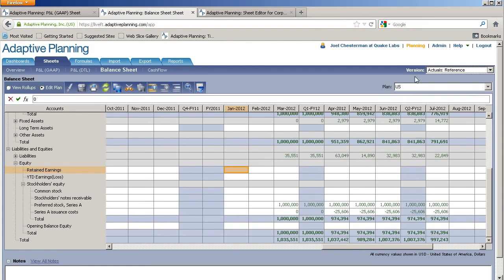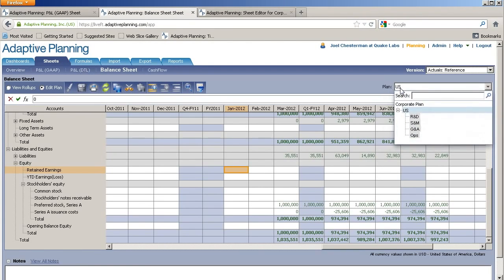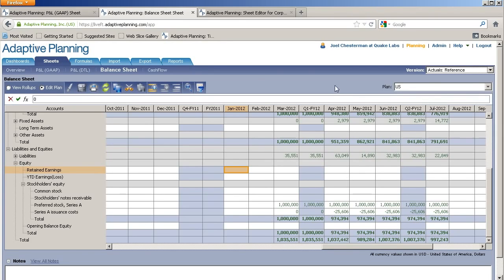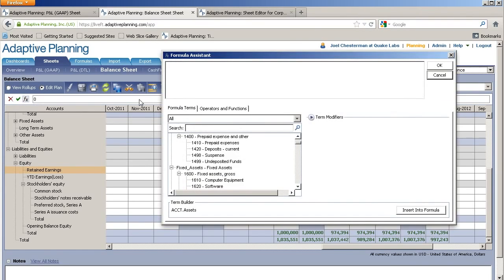So here I've got my actuals. I'm in my US level, and I'm editing the plan. I have two rows, one for retained earnings, one for year-to-date earning loss. I'm going to start with retained earnings, and I like to build mine with an if statement. So if fiscal month